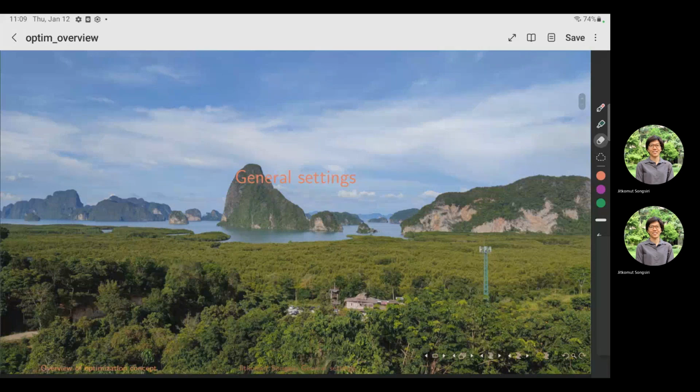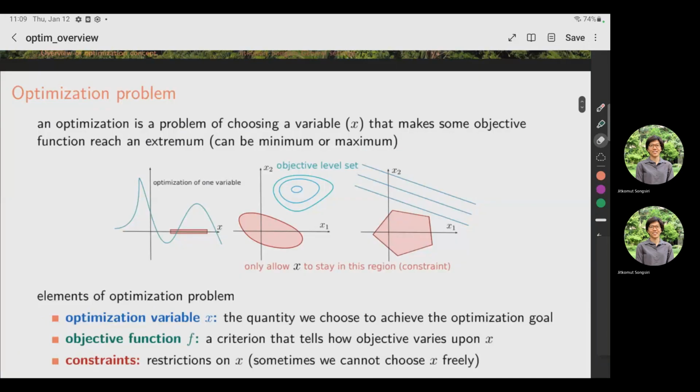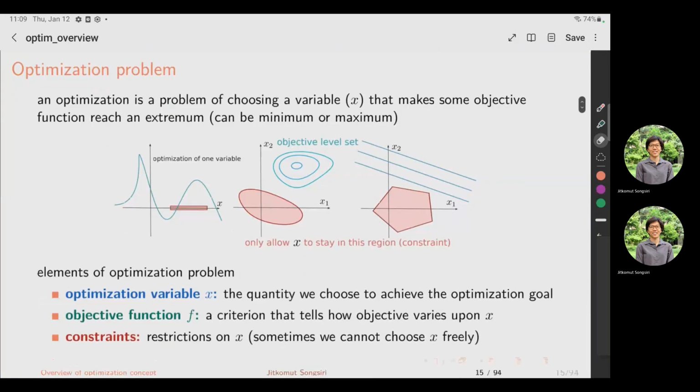Okay, let's continue with the lecture of optimization concept and applications. Now we're going to talk about general settings, the standard form of optimization problem. Here's a very quick overview of the definition of optimization problem. In a loose sense, an optimization is a mathematical problem where you want to find a